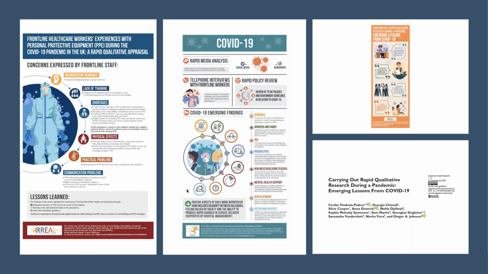Now, if we leave the academic audience to one side, one of the key dissemination products, outcomes, I guess, of the study were infographics like the ones that you see here. So the one in the middle has a summary of all of the emerging findings. This was shared with all of the hospitals and all of the people who took part in the study. And in a way, we used it as what we call a member checking exercise, where study participants are actually able to provide feedback on our interpretation of findings as well.